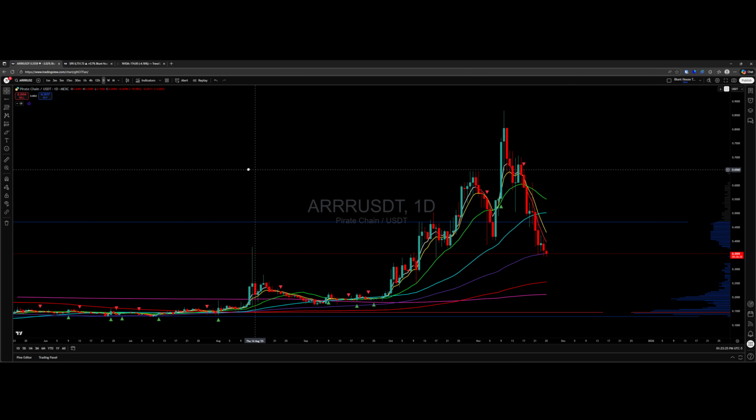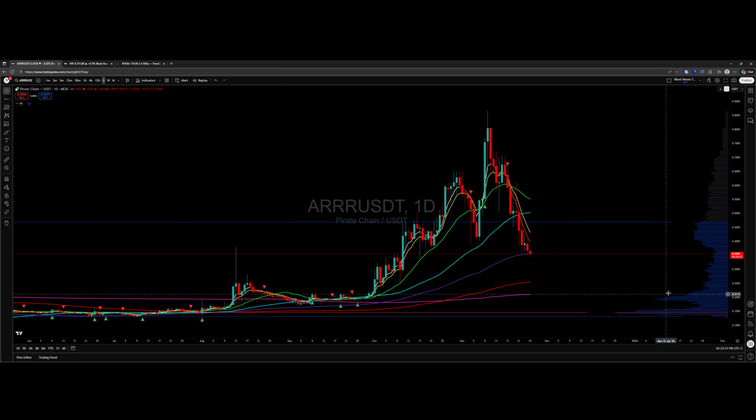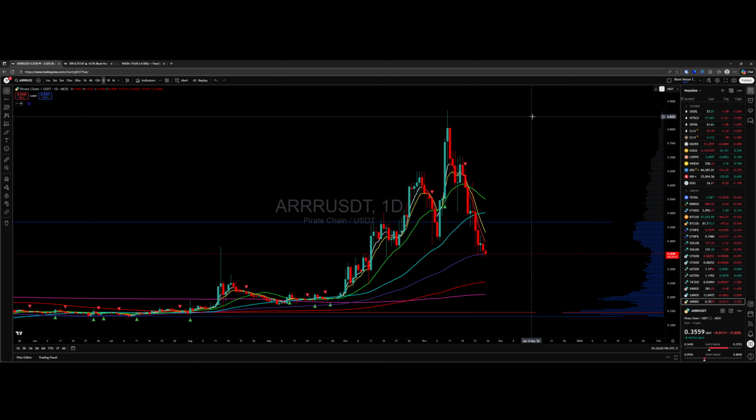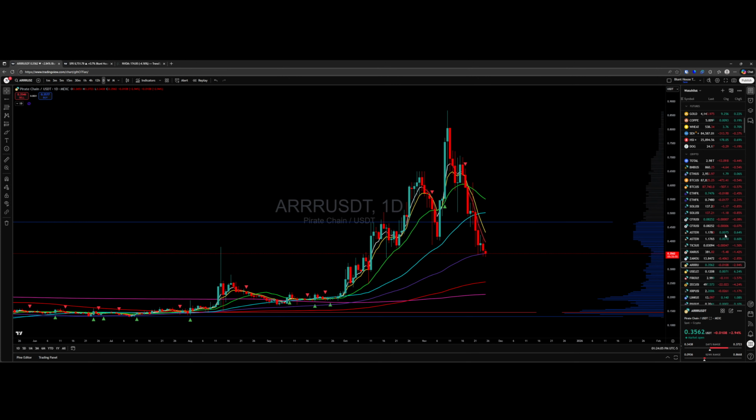What is the likelihood of finding that 200 daily, knowing that this gap is there? Knowing that the POC and the lower value range, which are also draws for price, are well below where you're trading now, as well below the 200. I'd venture to bet that we find it. Maybe not today or tomorrow, but it's a process. And we'll find it. Current price looks for past. That's all it's doing, whether price is going up or whether it's going down.